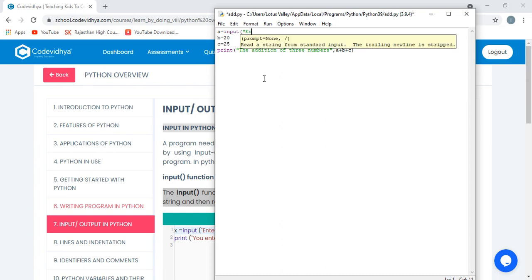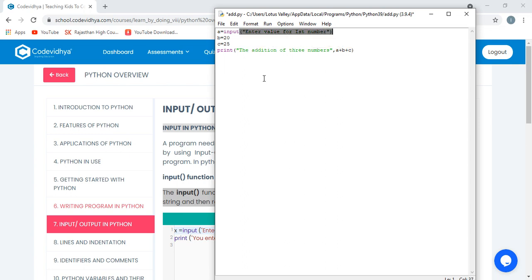So here we will write, enter value for first number. And in b we will again type the same message, input value for second number.